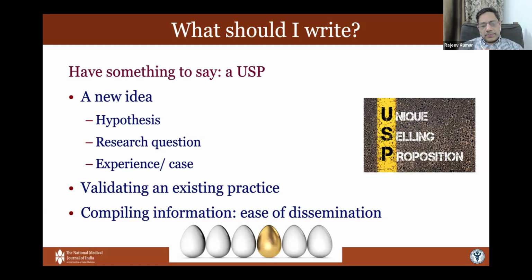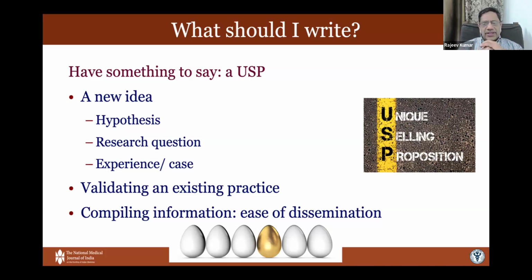For a full published paper, the acceptance rates today in any good journal are less than 10%. Conference abstracts, on the other hand, are more easily accepted. Most conferences will accept at least 20% to 25% of the abstracts, and some will even accept 70 to 80% of the abstracts submitted to them. But you are actually competing among a large number of colleagues who've also got work that they are publishing. So what do you wish to present that makes it interesting for people to look at you or to receive your idea?